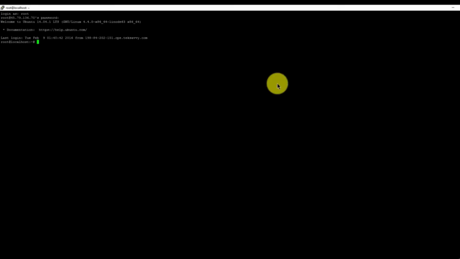The first set of commands are known as maintenance commands. These commands are specifically used to keep our server secure and up to date. It's important to run these commands periodically on your server to make sure that all necessary security updates are installed